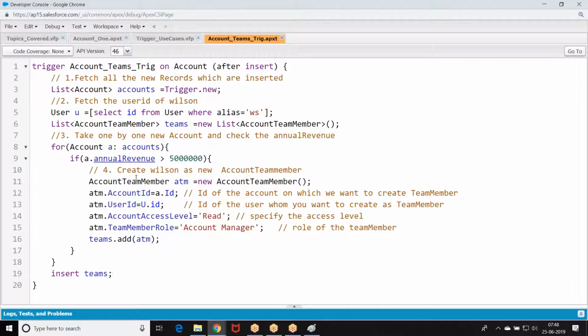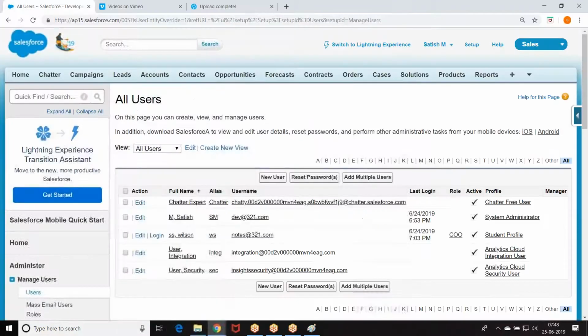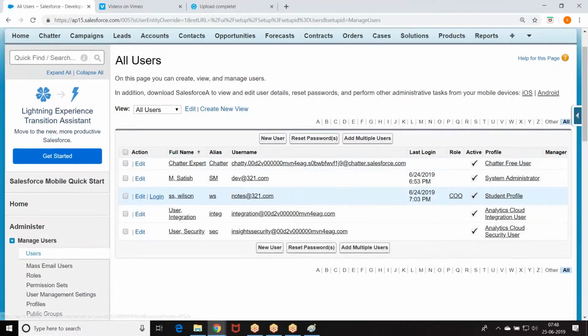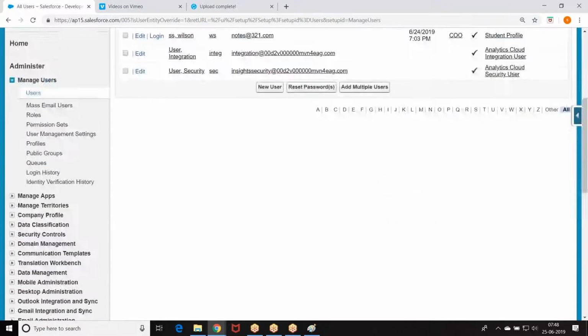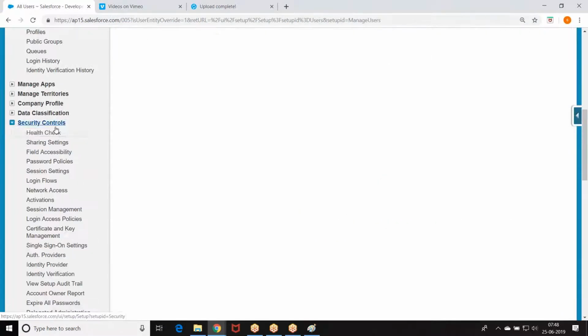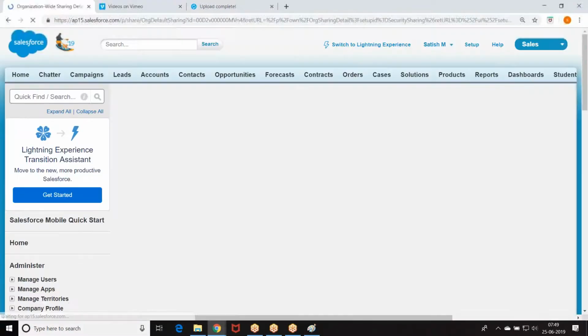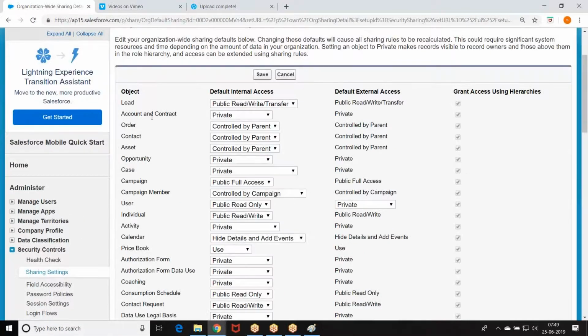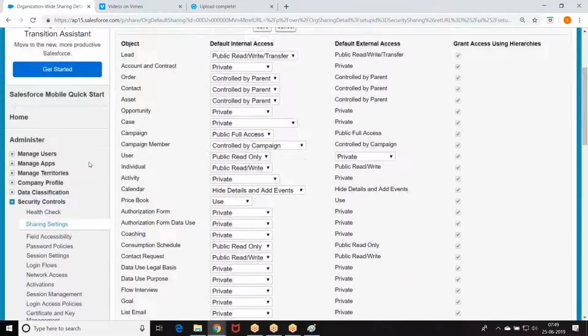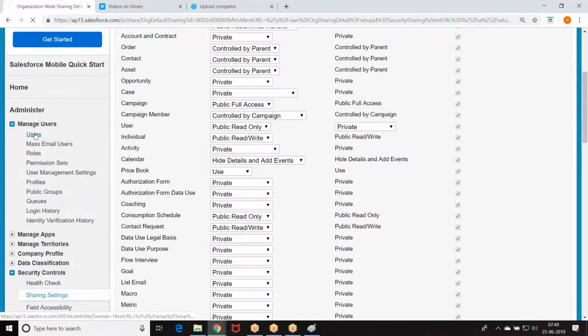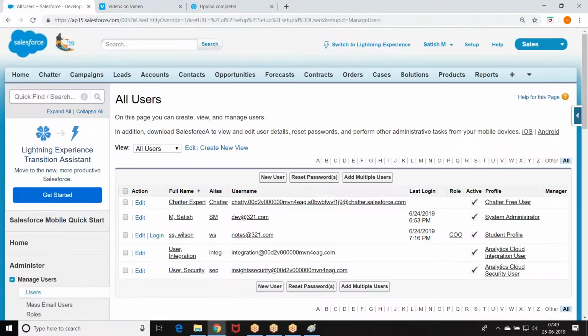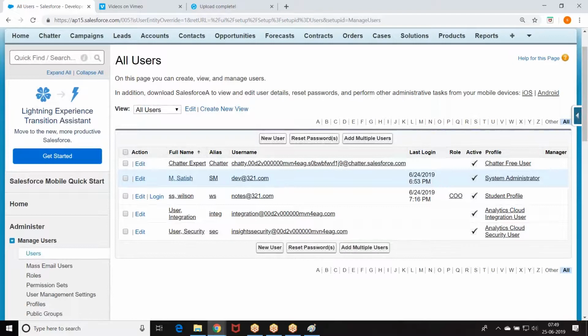Now, what is the purpose of this actually? I'll demonstrate the first example. First, let me go to OWDs, sharing settings, edit. What is the OWD I give? We give the OWD as private.